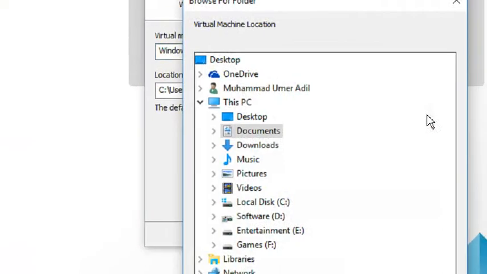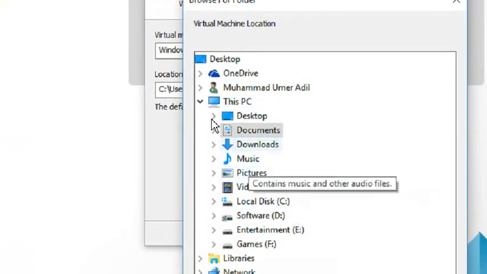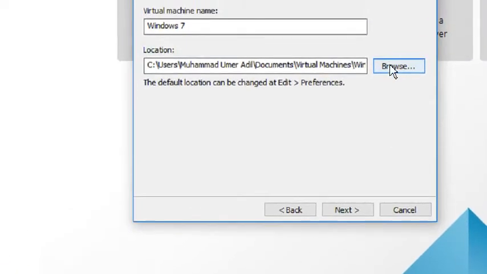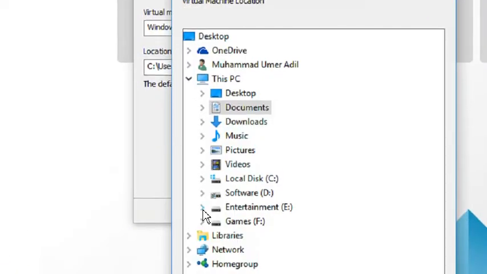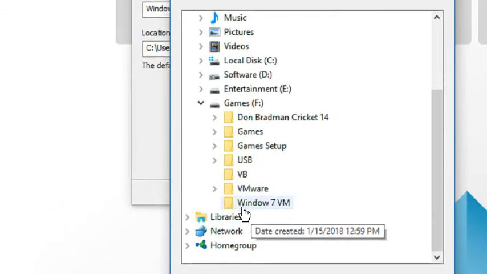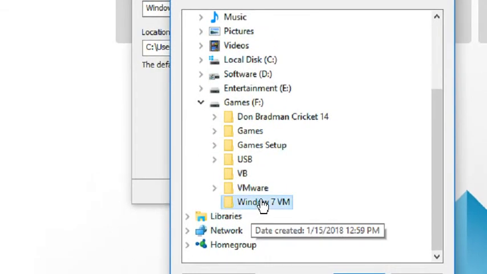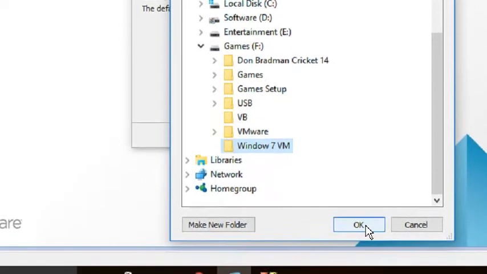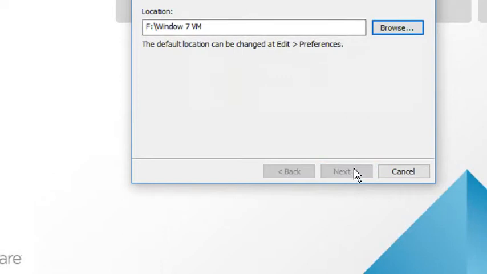Here you have to give the path where you want to install your virtual machine. I will give the path to my F drive, where I have already created a folder with the name Windows 7 VM. You can give it any name you desire. Click OK, and with the path given, click next.